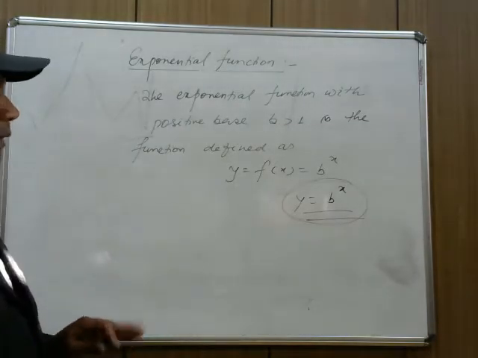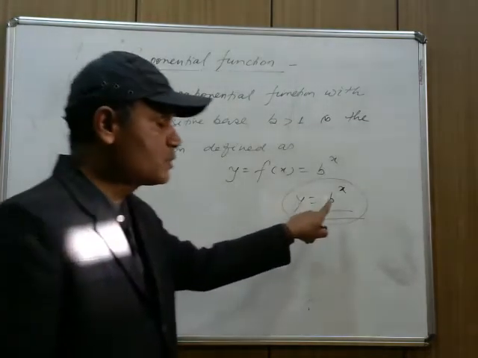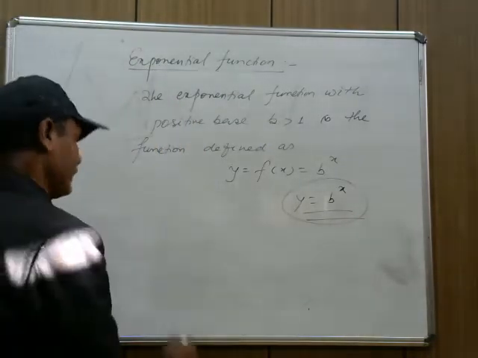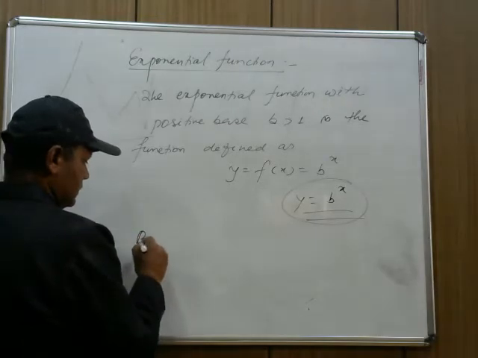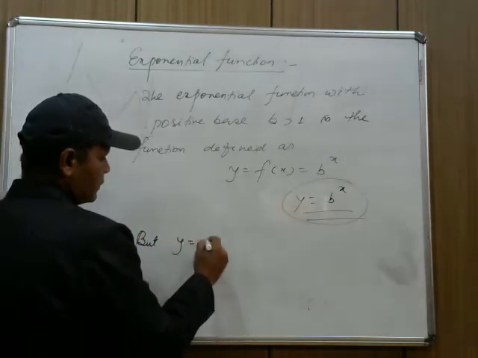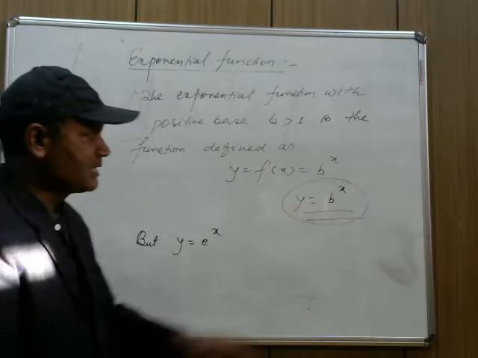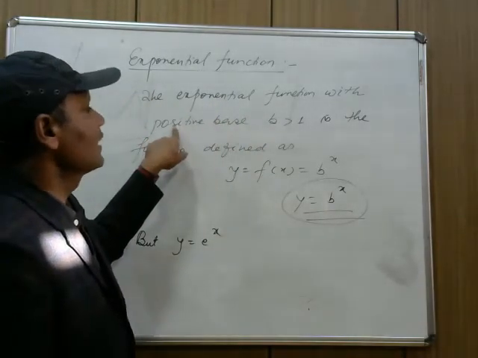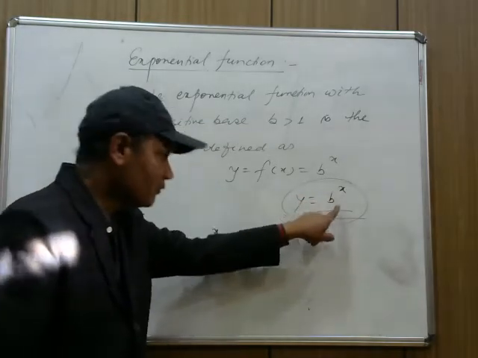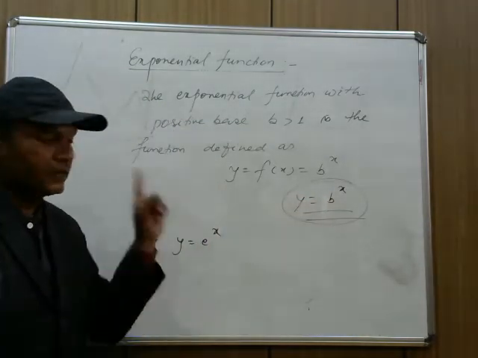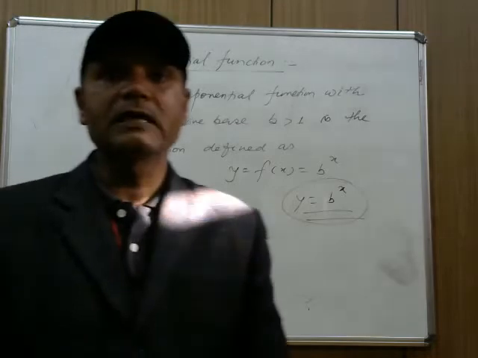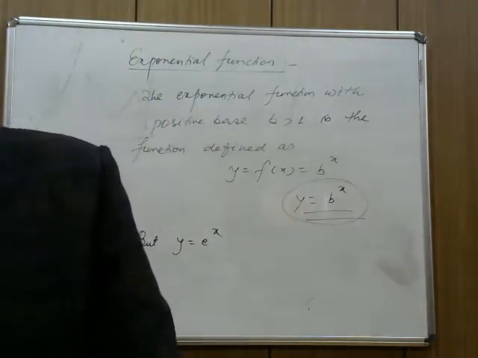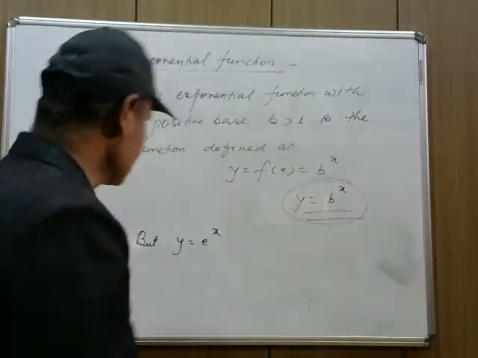exponential form. But when I replace this b by e, that is y is equal to e to the power x. Here b is any positive real number. Out of that b I have taken here e. And right now I have discussed that the value of e is between 2 and 3. So now when y is equal to e to the power x, then it is called